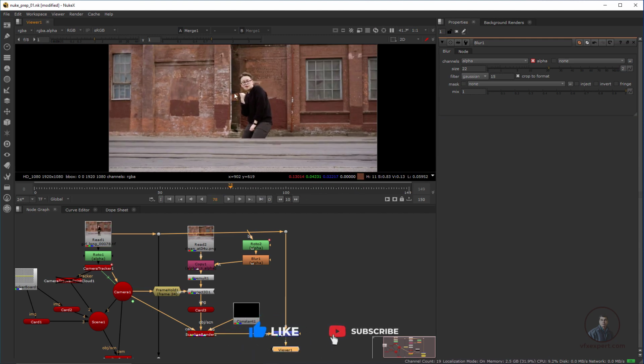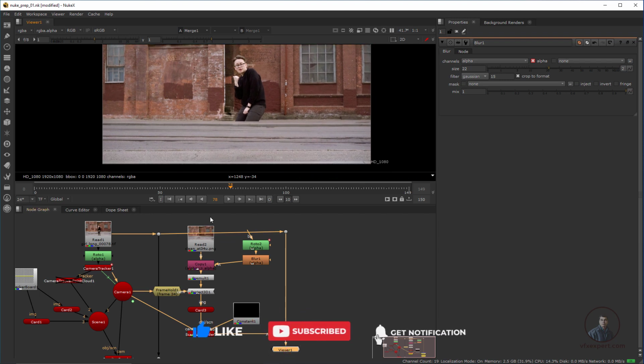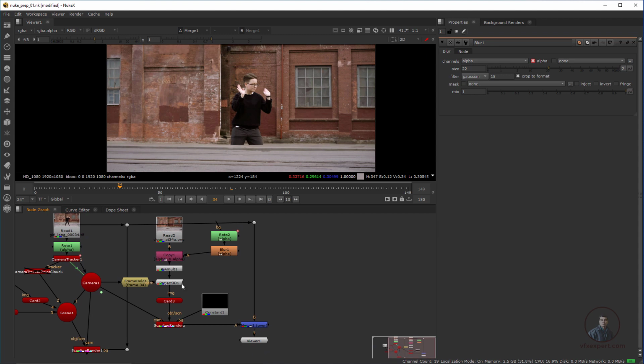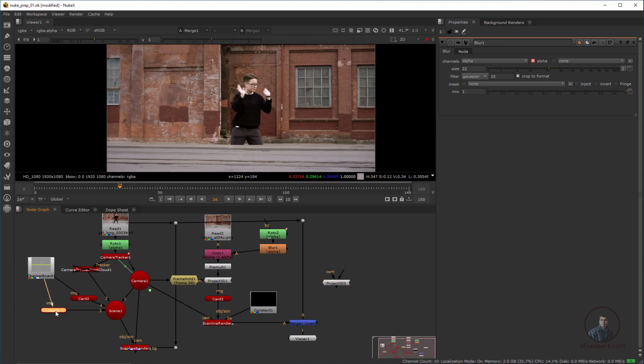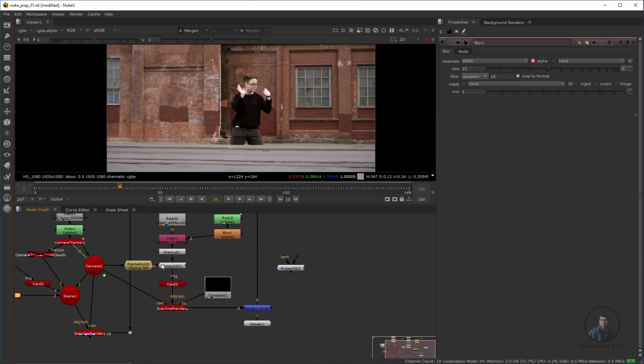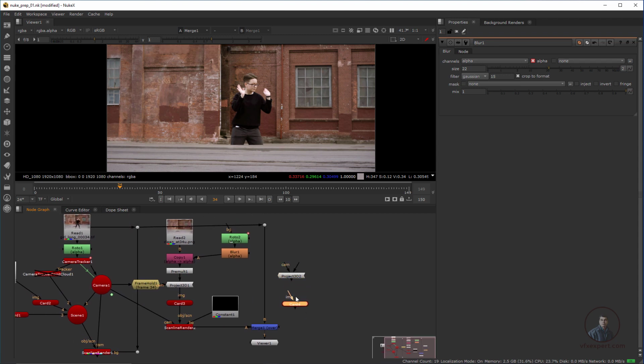Like this, I am going to use our second card. So again remember this one, select this one and go to frame 34. Again the same thing, we have to copy and paste all these things here, Control C, Control V, and for this card we also have to do Control C and Control V. The same procedure we have to do for the second one also.